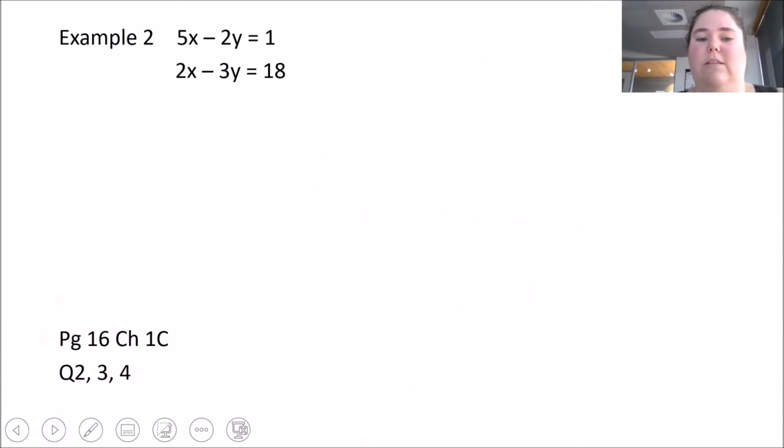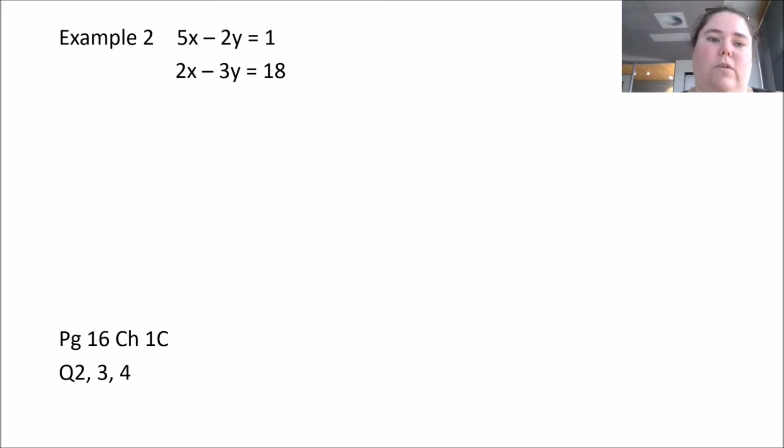So that was when we had the same number of the variable for both equations already. For this one, I don't. So I have 5 x's and 2 x's. You can pick either x or y, or whatever variable you've got. It's your choice. I don't mind. And it should always work as long as you multiply it by the right things. So I want to make it so there's the same number of x's. Well, the easiest way to do it is find their lowest common multiple. So 10 can be divided by 5 and 10 can be divided by 2. So I'm going to times equation 1 by 2 and times equation 2 by 5,